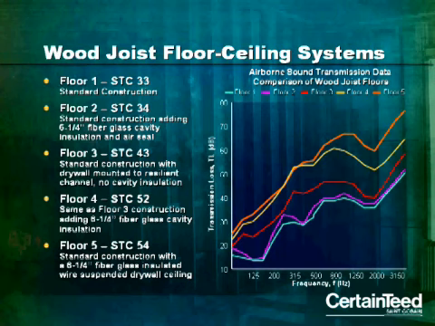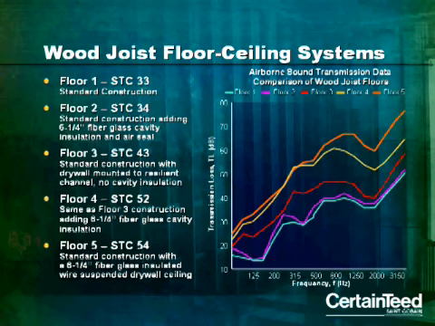Floor 4 achieves STC 52 by adding in the fiberglass insulation. Good score. And floor 5, the highest value, STC 54. This floor includes the fiberglass and a wire-suspended drywall ceiling for the best acoustical treatment and a 19-point improvement over